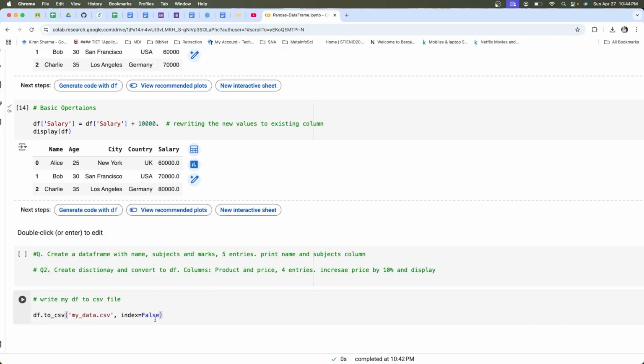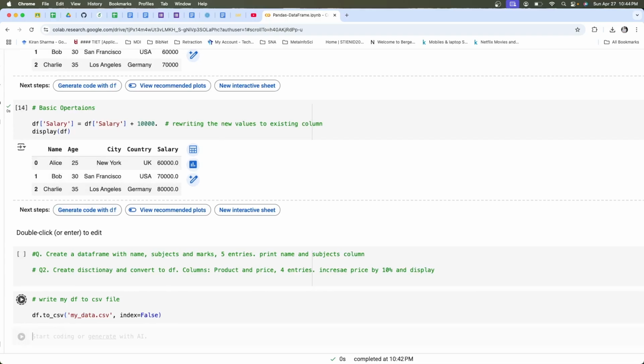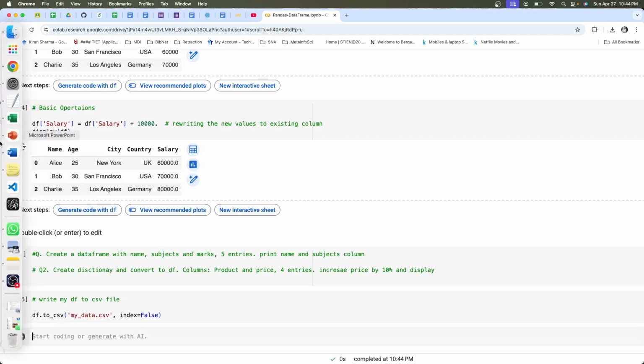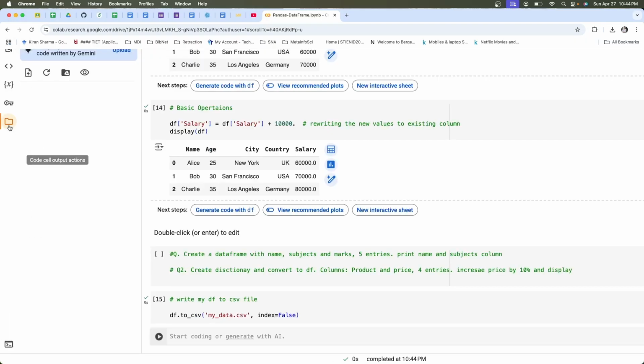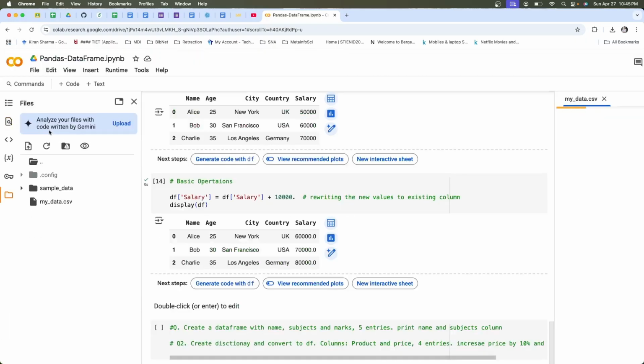For the index, the 0 1 2, if I want to keep that also to appear, I will make it true. Otherwise, if I don't want it to appear, I will make it false. And you will see in my case my file is stored here. You can store it anywhere, you have to give the path.